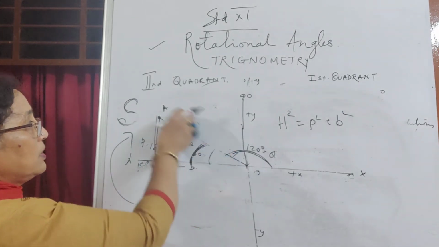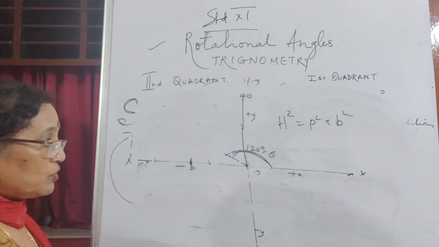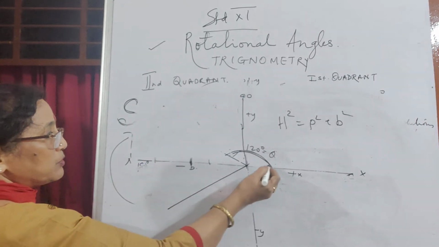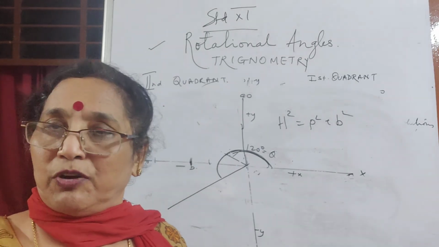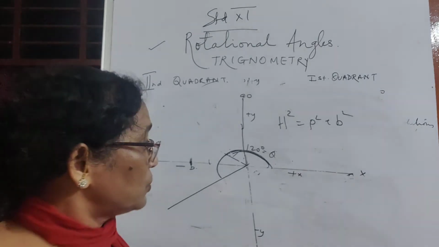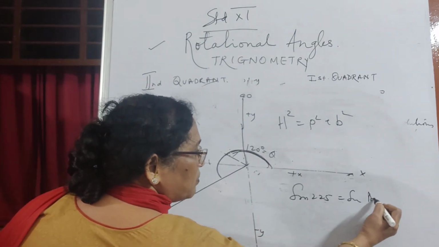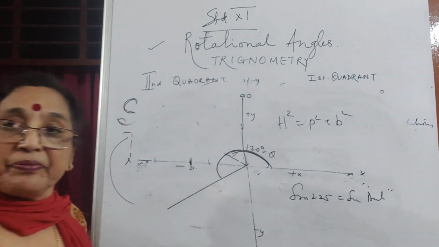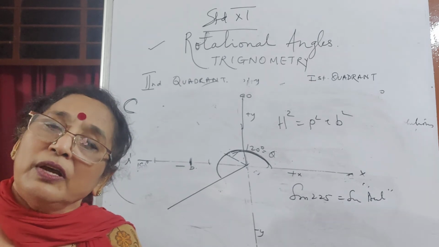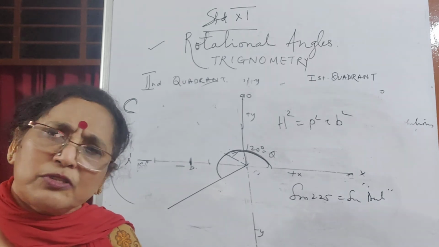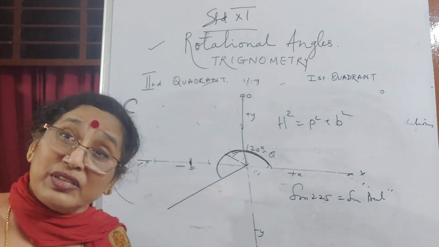Now when you go to the third quadrant, that is 180 plus something, say you have done 180 plus 45, that means it is 225. If I want to know what sine 225 is, it will be the sine of some acute angle, which you can see in the tables. Cos 225 will be equivalent to cos of some acute angle, negative or positive, if you are writing in terms of 180 and 360.